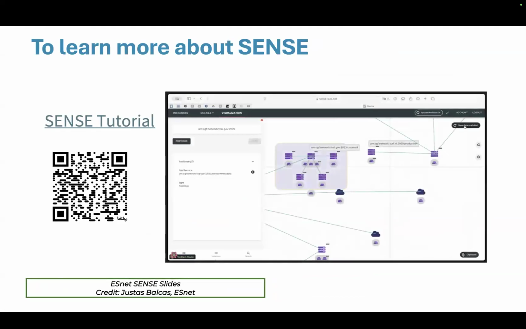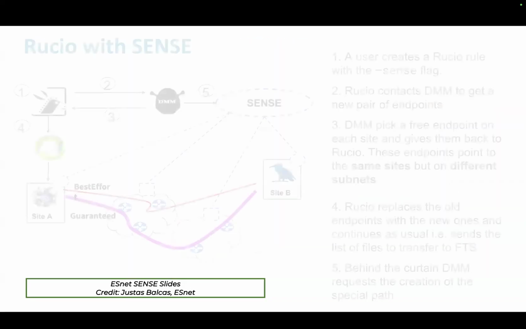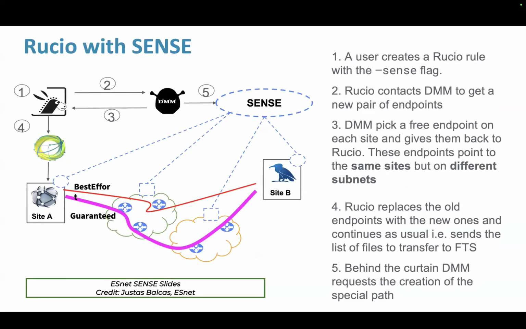And of course, the ESnet SENSE folks have provided a tutorial. I'm going to pause here a little bit for whoever wants to grab the QR code. This is a brief tutorial on how to use the orchestrator for establishing L2 and L3 paths, also courtesy of Eustace Balkas. All right, if anybody wants to catch up and didn't get a chance, please feel free at any point, whenever you want to have a question, just feel free to unmute and ask right away.